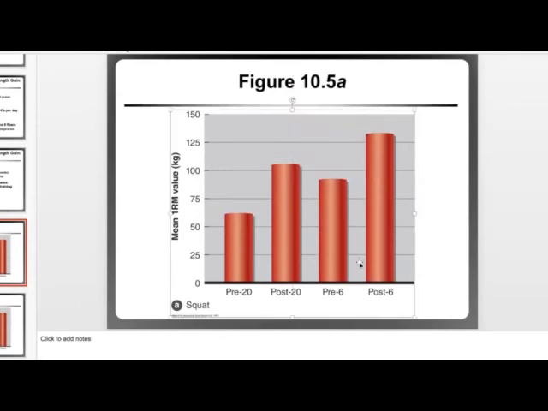But then you'll notice that when they trained again for another 6 weeks after that, they were able to increase their 1 repetition max even higher than it was before. So this does show that training is important, and that detraining will reduce the impact of that initial bout of training, but the rest is critical. And if you do rest and give your tissues a chance to repair, get back into their elastic region, then the increase in gains on top of that can be even more so.